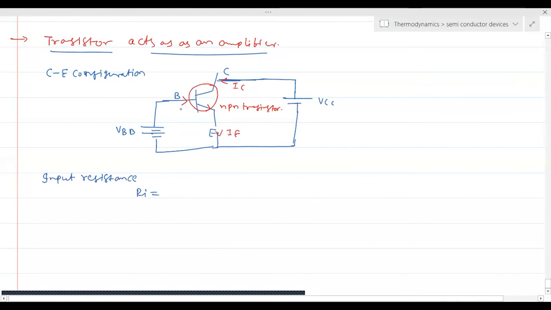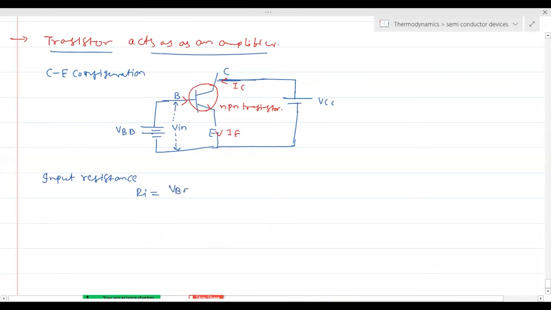So the input is measured. You need to understand this very clearly. We are going to study the input here, between base and emitter. Therefore input voltage is nothing but VBE, or change in VBE, we are taking, and input current is delta IB. So V by I, generally we are taking delta V by delta I. Delta VBE means change in input voltage by changing input current. So this is for common emitter, CE, we are taking.